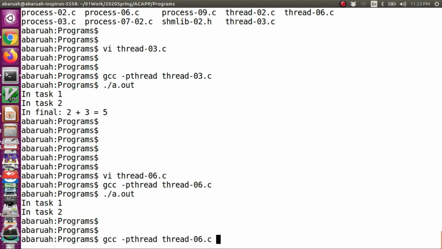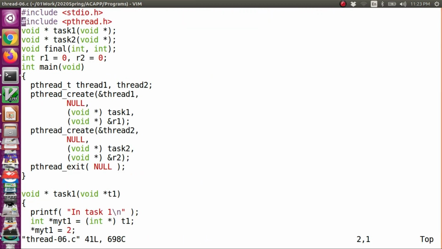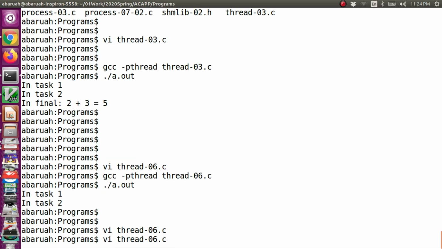However, if I don't use pthread exit, and the main thread terminates without calling pthread exit, in that case, let's see what will happen.